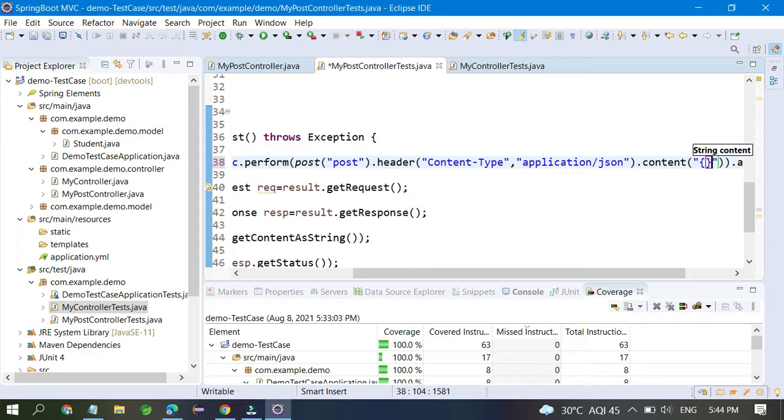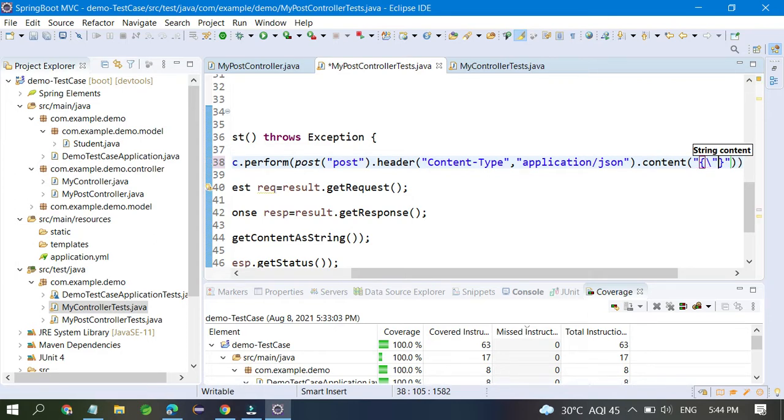Okay, so curly braces, and inside this you have to write slash, double quote, the name of this, like what is the name. So name is Prince.